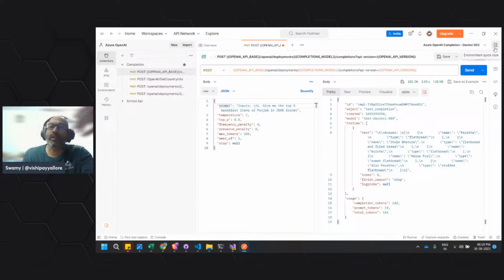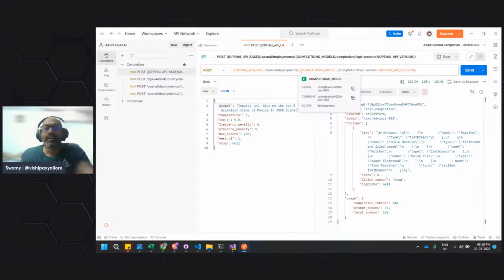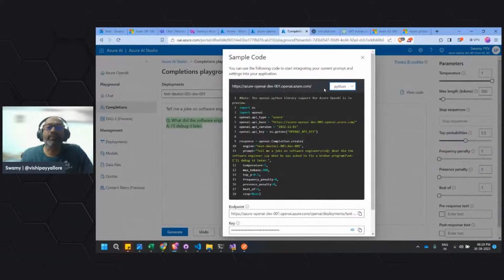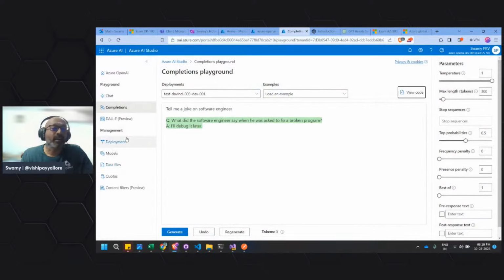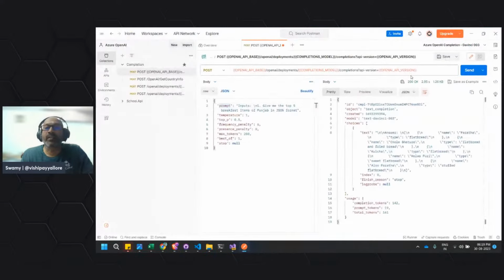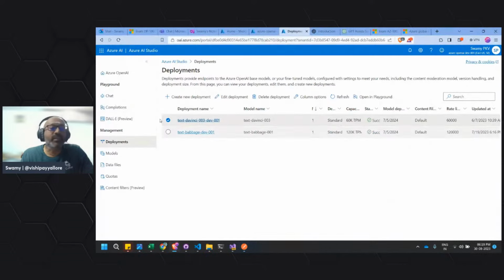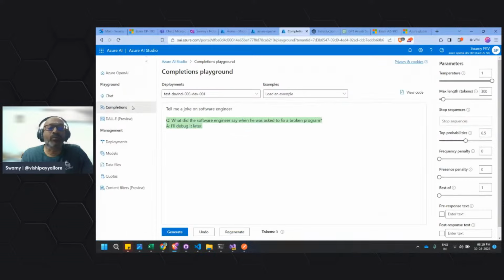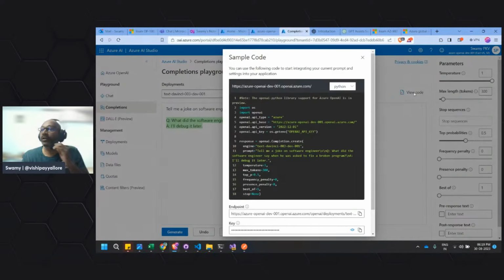That has my key. And the completion model name I have parameterized. That's the text davinci 003 that we have seen here under the deployments. And the open API version is the version which you will see here when you go to this completion models and click on the view code. You will see that at the end of this, it shows 2022-12-01.